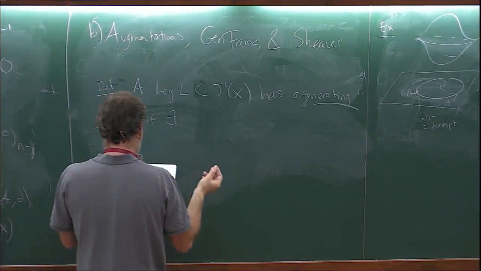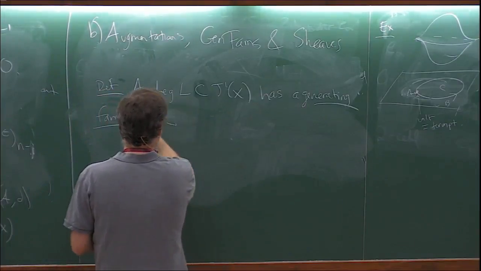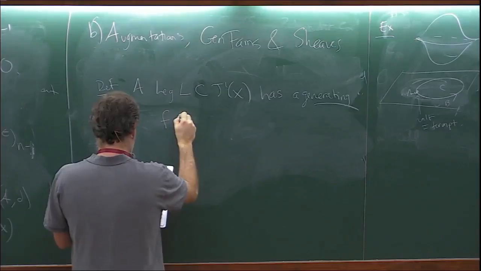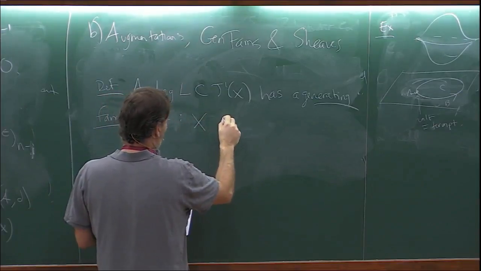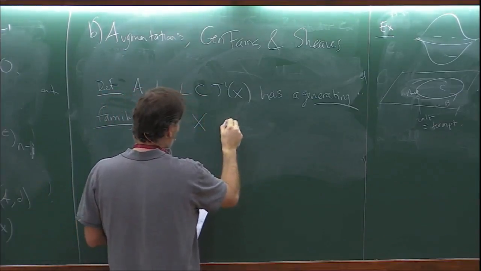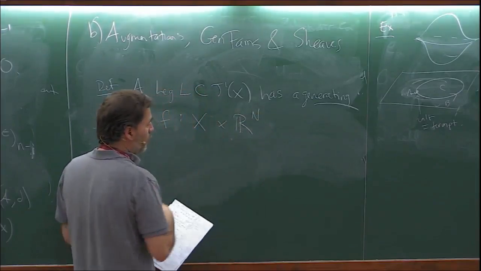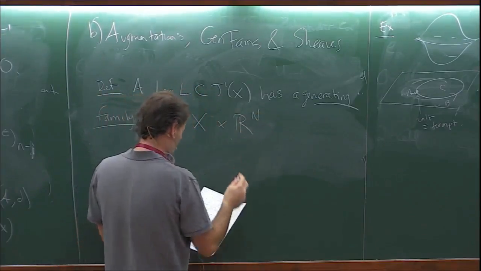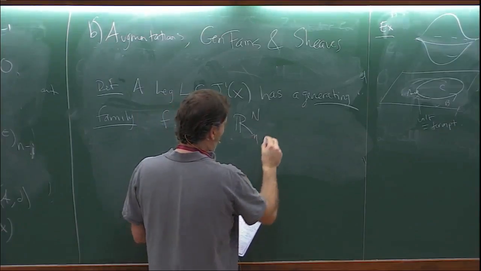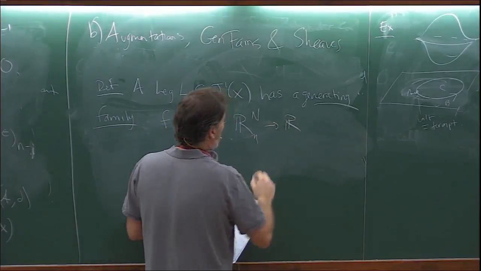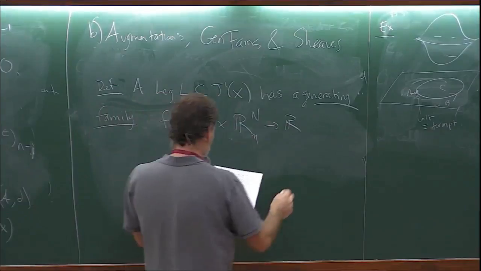there exists a generating function. So it's not a function on x, it's a function on x cross some new kind of fiber coordinate, where n is perhaps big. And I'll put in a little coordinate eta for that. L has a generating family F if